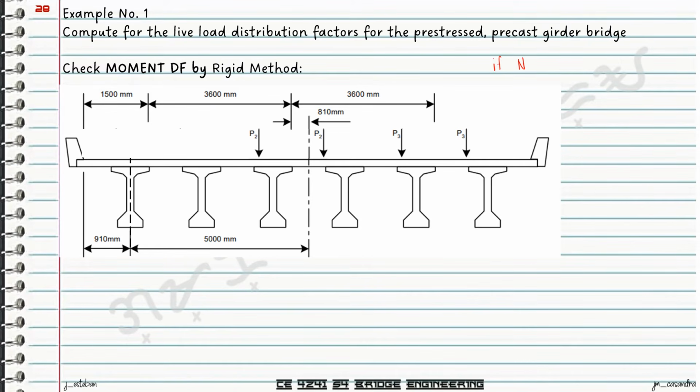If NL now is equal to 4, then it means that I will have to add another set of truck wheels or vehicle design wheels, vehicle 4, wherein its center line is located at 3,600 millimeters. So basically, for the rigid method, what we want to remember is that